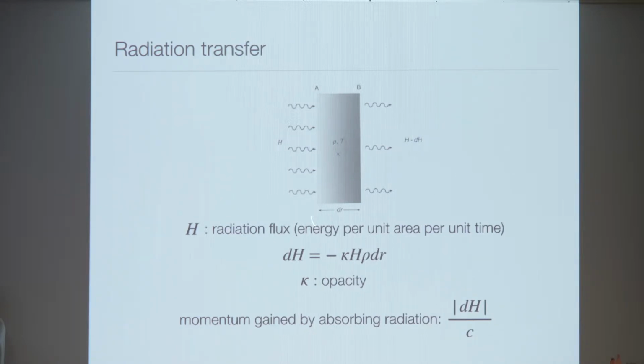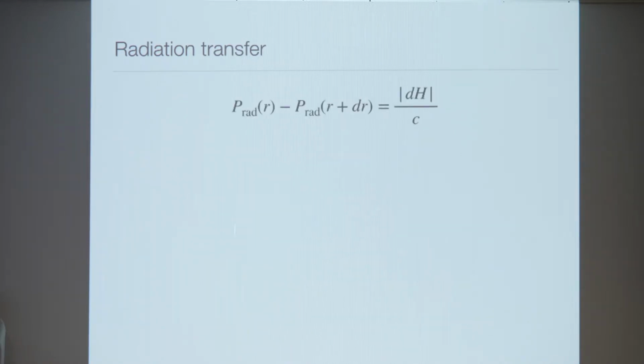So this object should have obtained the same amount of momentum by absorbing some radiation from inside. So that will give you the radiation pressure momentum difference. That will be the pressure given to this object from radiation. So this equation should hold,